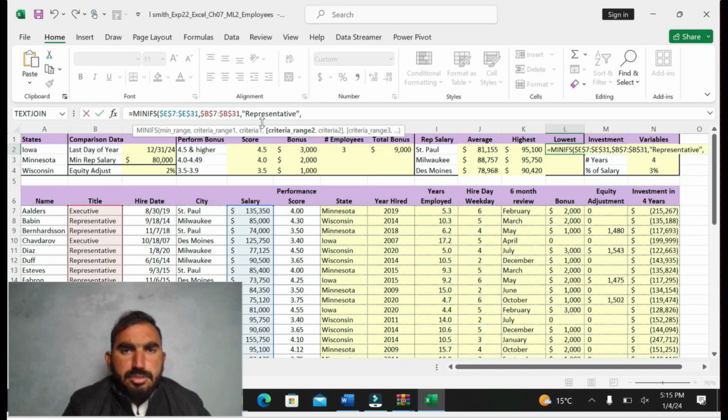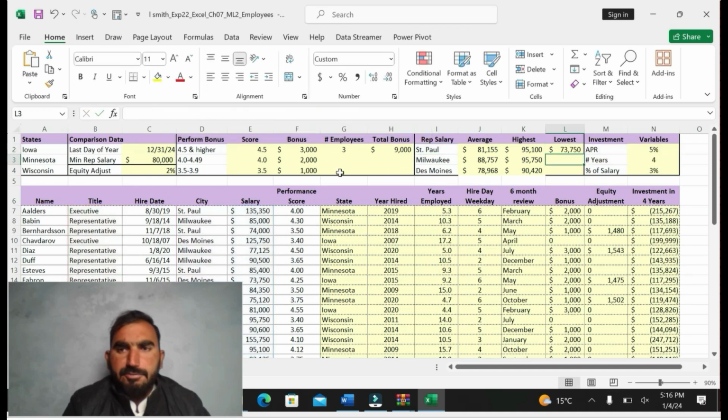Then comma, D7 to D31 and also absolute cell references, comma, I2, close the bracket and find the values.